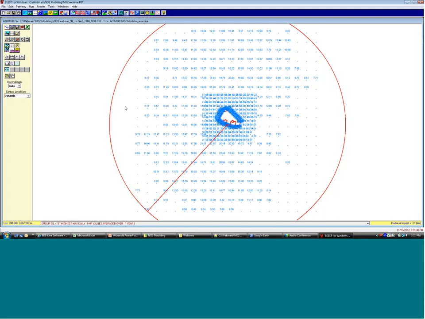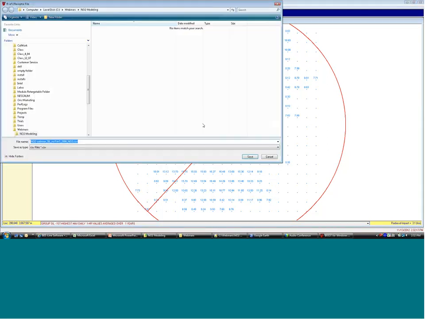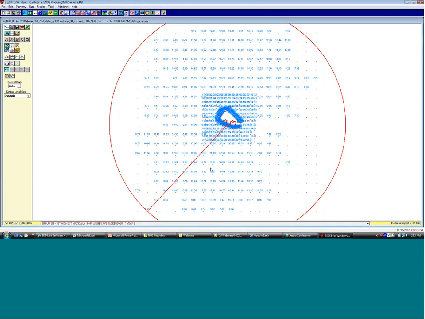If you right-click and click radius of impact receptors, you have two options. One of which is going to save all receptors within the radius of impact to a comma delimited file, or you can actually have BEAST save just those receptors within the radius of impact to a comma delimited file. So if I click that guy, say save,